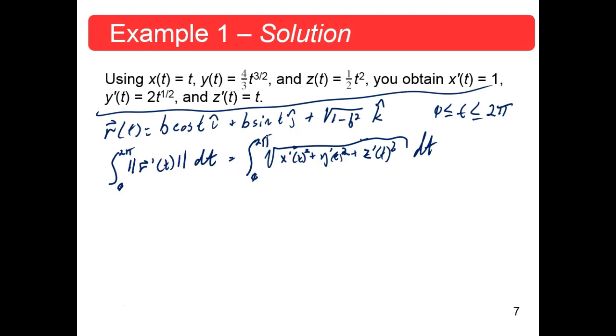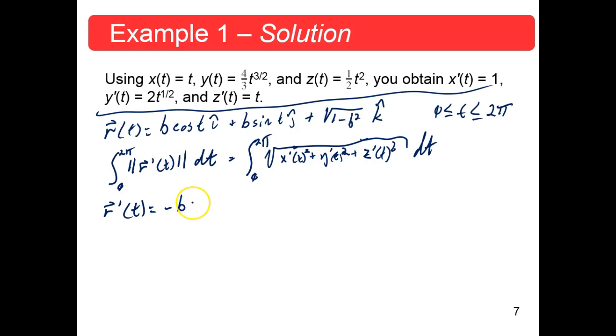Now, what's going to be your first move that you need to make? What do you need to do with it? Take a derivative. Good choice, right? So let's do r prime of t, and that would be what? Negative b, no, b is a number, not a variable. So it's just b,